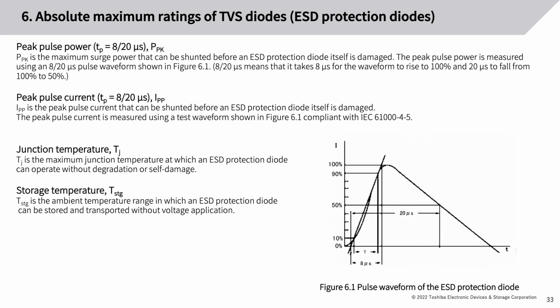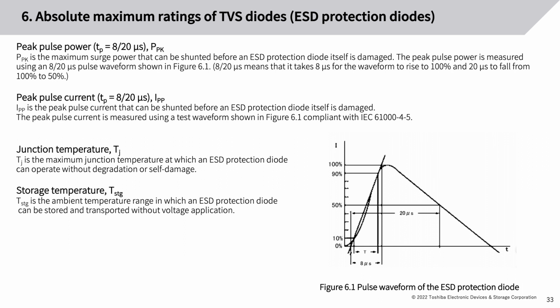Peak pulse power, PPK, at TP equals 8/20 microseconds. PPK is the maximum surge power that can be shunted before an ESD protection diode itself is damaged. The peak pulse power is measured using an 8/20 microseconds pulse waveform shown in figure 6.1. 8/20 microseconds means that it takes 8 microseconds for the waveform to rise to 100% and 20 microseconds to fall